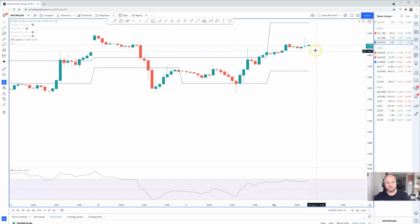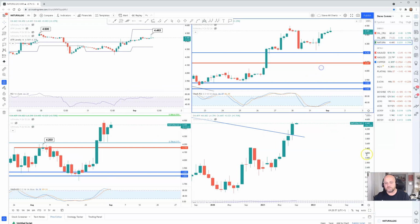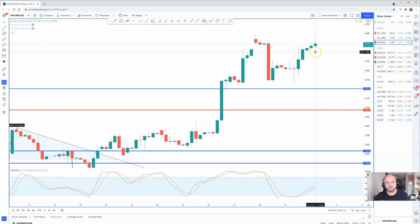Natural gas shooting star candle formed between 8 o'clock to 9 o'clock, so a bit of a rejection from this previous high here, $4.50, 448. On the 4-hour chart, does that give us any more indication? This started at 7 o'clock, so it goes on to 11 o'clock, again a little bit of rejection after this impulsive move higher. So natural gas sitting quite nicely just under $4.50, but maybe a little bit overdone,